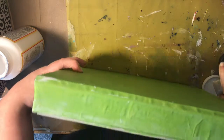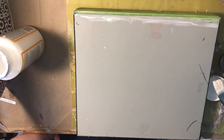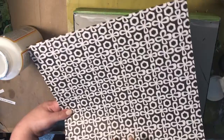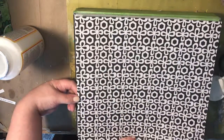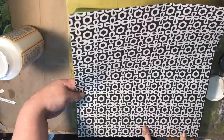Alright, I think that's the best that's gonna do on there. So, now, shall I worry about that? Probably not. Alright, so then I'm using the same paper pack that I used on the pages on the inside of this. And actually, I think what I'm gonna do here is get this lined up,